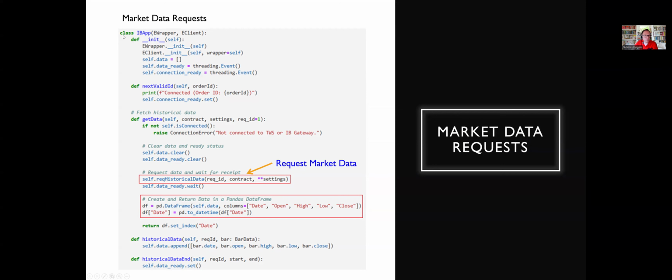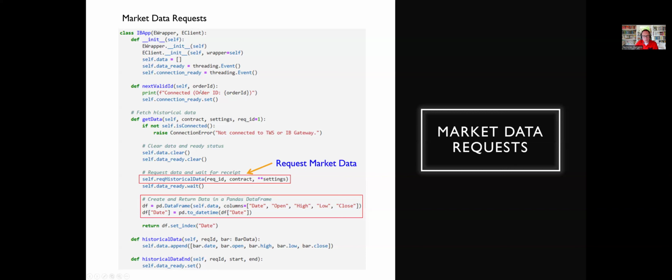So this is what our original class looks like, where we're inheriting EWrapper and EClient. So EClient sends requests, EWrapper manages the callbacks. And what we do in the initialization function is start collecting data that we're receiving from our callbacks in our class. That's so that we can print the data, display it, manipulate it, and be aware of that data. So the market data I'm going to put into this data parameter, which is a list. And then I'm also going to store the event of when the data is ready. So when we've finished collecting all the data, I'm also going to store an event for when the connection